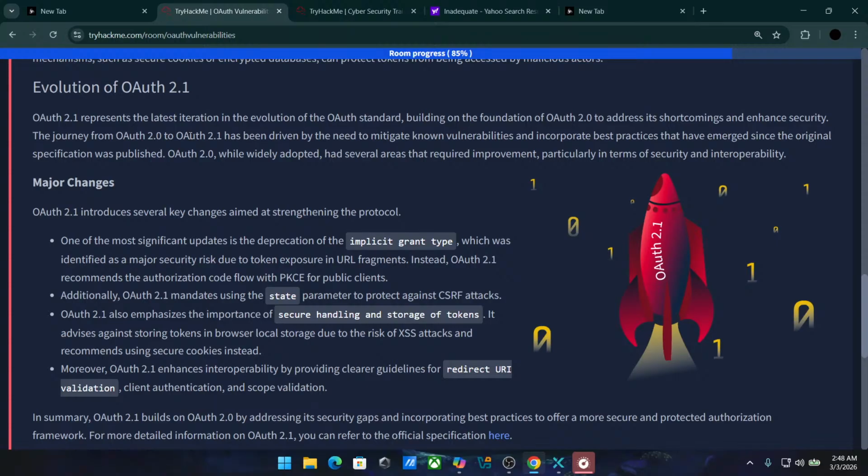OAuth 2.0, while widely adopted, had several areas that required improvement, particularly in terms of security and